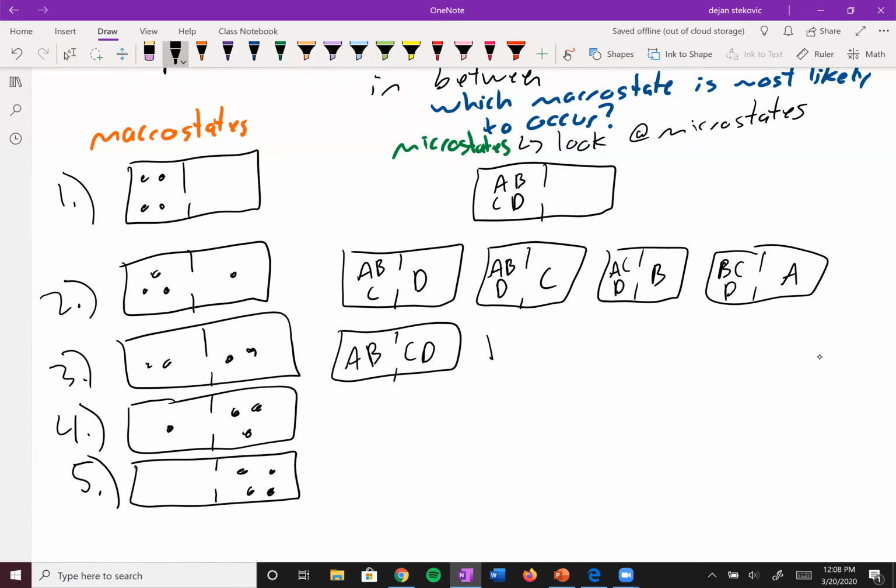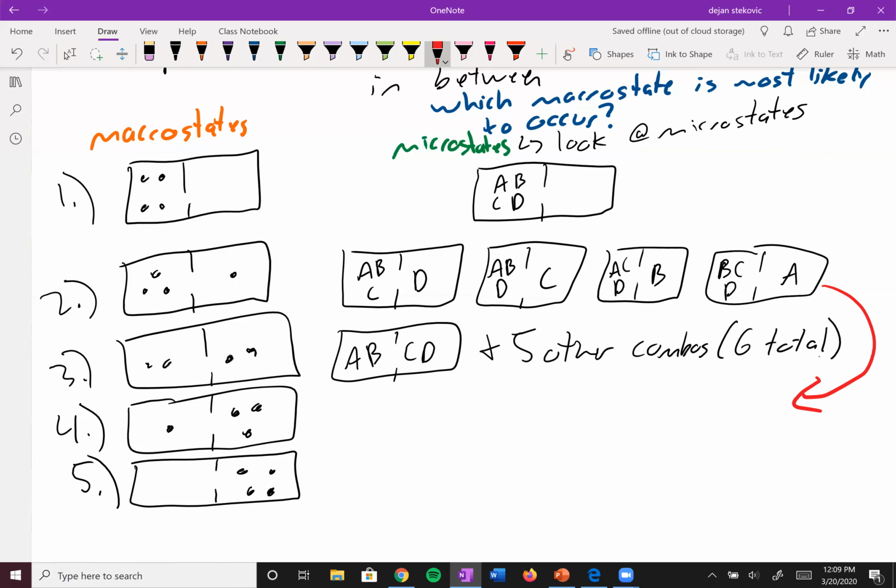I'm not going to write out all the other combos, so there's 5 other combos for a total of 6. So there's 6 total ways you could combo these guys up here. And then if you think about number 4 over here, it's going to be the same as number 2 except reverse, right? Instead of 3 on the left, 1 on the right, you've got 3 on the right, 1 on the left. And same thing for the microstates for macrostate 5, right? All 4 are going to be on the right side. So here you'll have 4 combos. You have 1 combo,